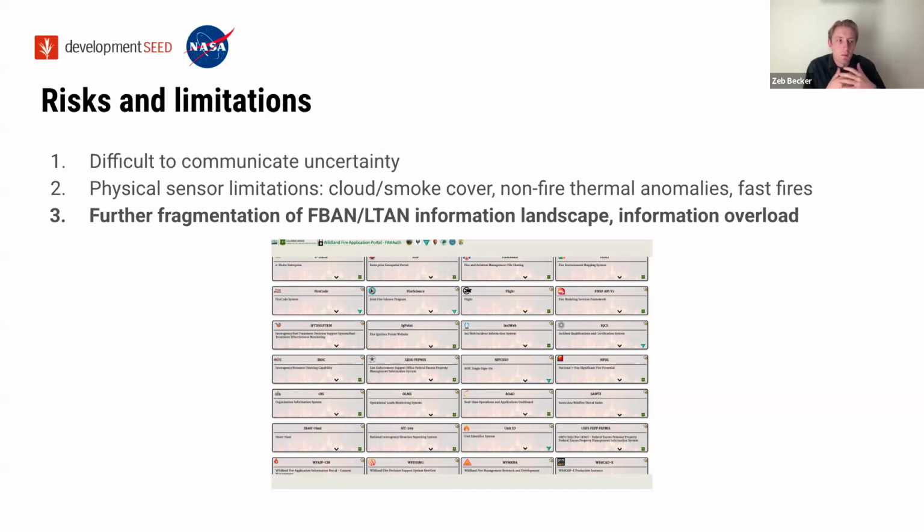I'm really excited about the science applications, and I also think that this data has the potential to provide a lot more situational awareness and context to responders, providing an additional layer of context on top of those raw active fire detections. So I think if we're careful about how we approach this and how we implement it, it could be really valuable. But again, I want to keep this clear-sighted view of the potential risks and limitations. So next slide, please.